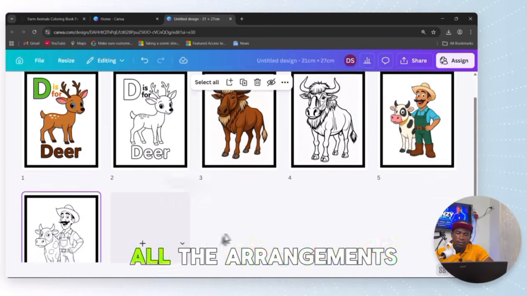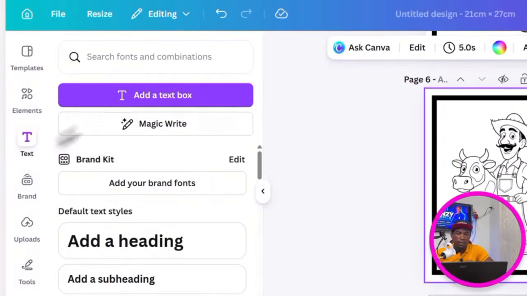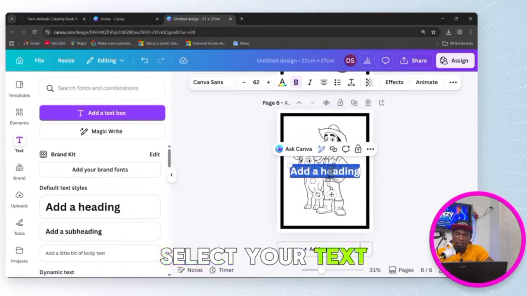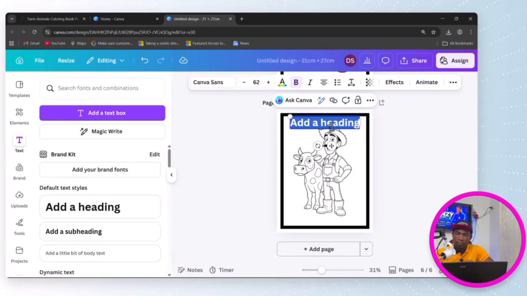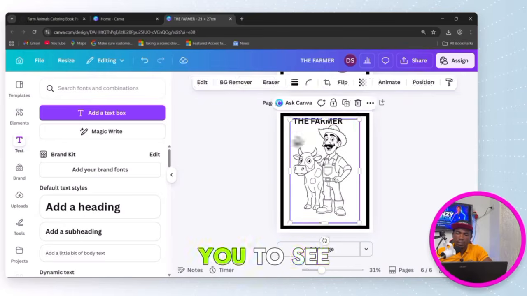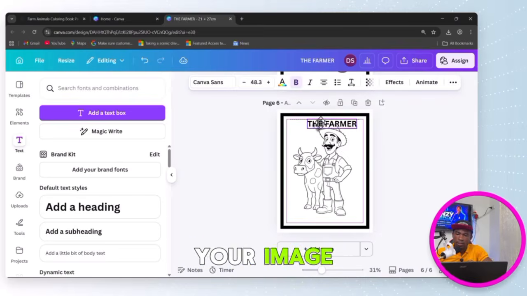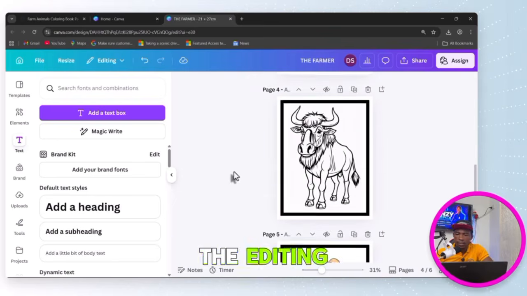After you have done with all the arrangements of your images, if you like, you can add text by going to text and then you select your text and then you type in whatever text you want. Right, I'm just trying to put something there for you to see that you can add text to your image. After you are done with all the editing,